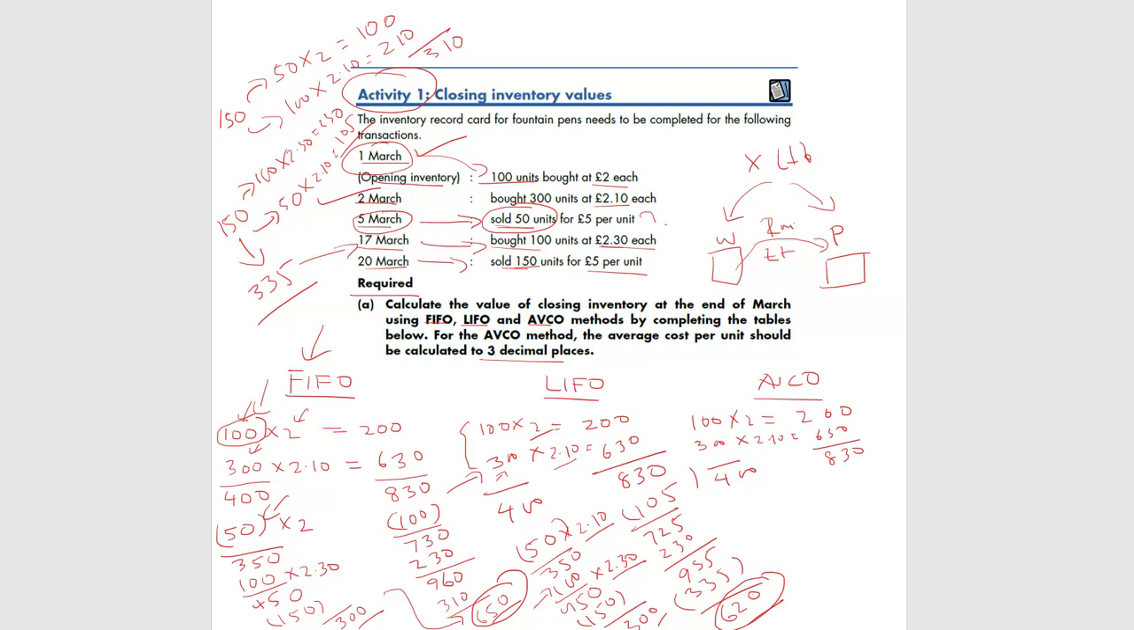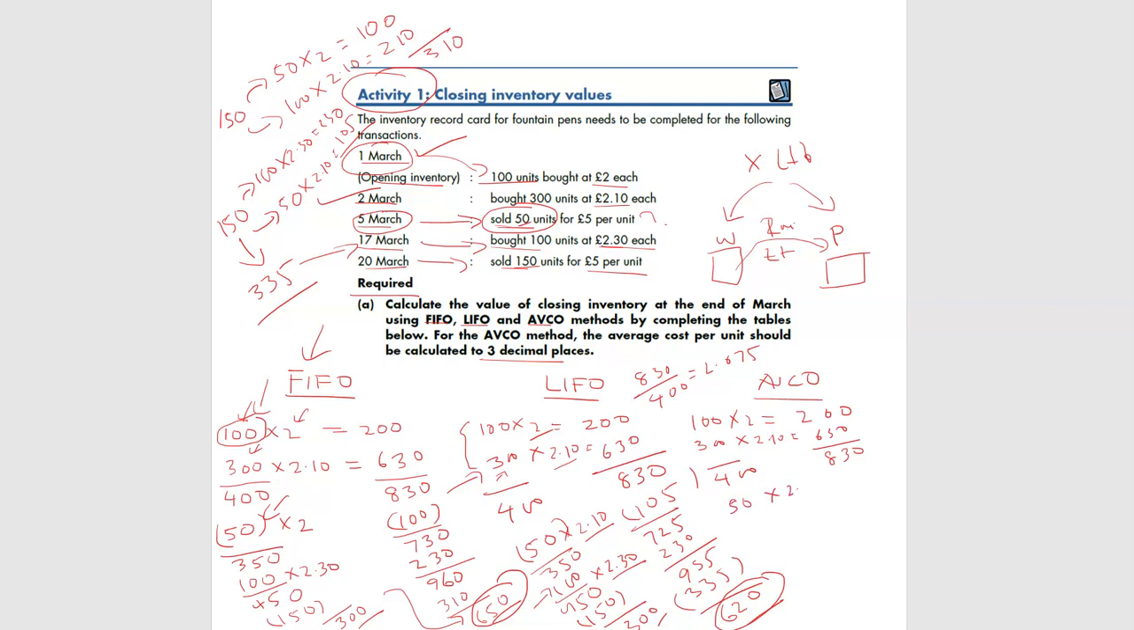So 830 divide 400, and that gives me 2.075. So that is my average per unit. Now if I issue the 50 unit from here, so this 50 unit I'm going to issue on that price,